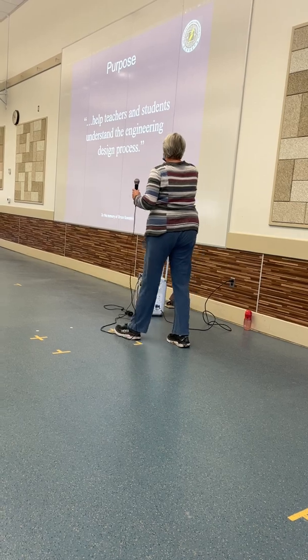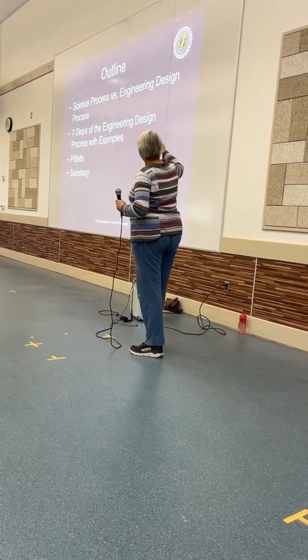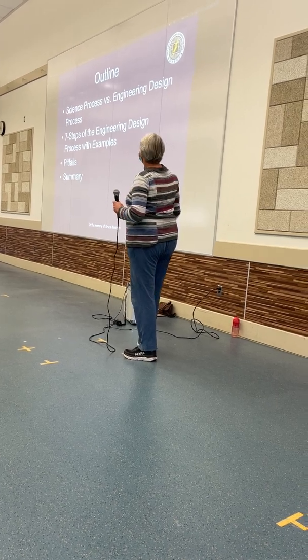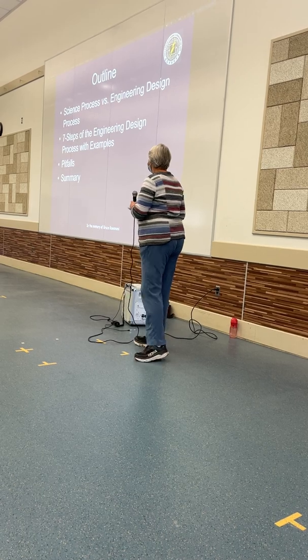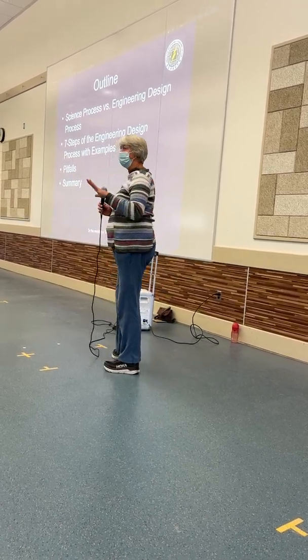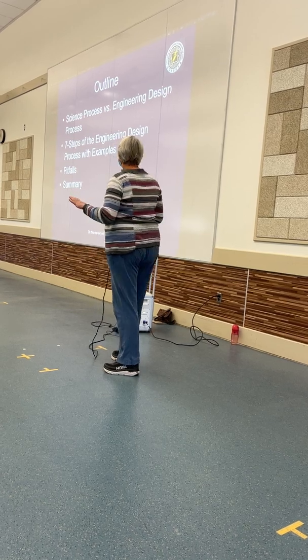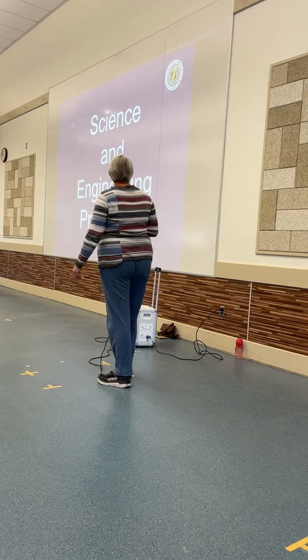If we can move to the next slide, please. And so the outline for this talk is we're going to go through what is the difference between science and engineering design processes, 7 steps of the engineering design process with examples on each step, pitfalls that you should avoid as you're putting together your projects, and then a quick summary at the end. So if we can move the slide, please. And again,